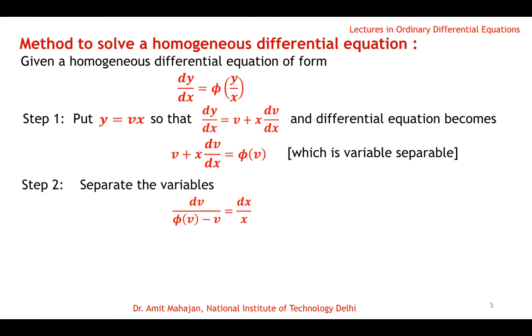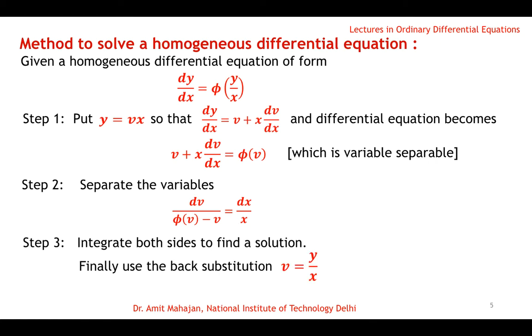So basically the homogeneous differential equation, if we substitute y is equal to vx, reduces to a variable separable form, which is the first form we studied in the last lecture. Now we know how to solve this. We integrate both sides and add a constant of integration, and once you integrate you will have a solution, and because we have substituted y as vx, we will back substitute v as y by x. That will be the final or general solution of the original differential equation.